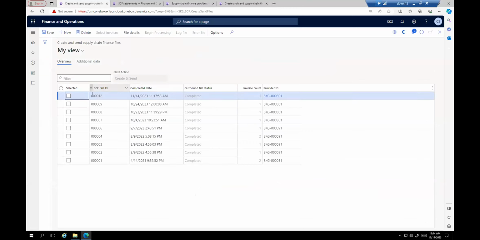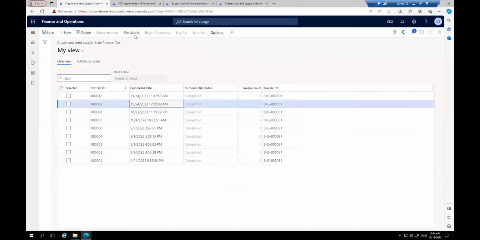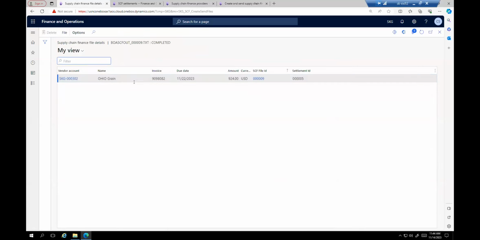We go through this create and send. If you're familiar with any of the EFT products that we talked about last week, they all have a very similar create and send process. This is doing the same thing. It's creating this file and sending it out. So if we look in the file details, these just have a single payment in it, but the file gets sent to the vendor or to the provider, and they let us know again if all is well, or they'll send us acknowledgement back if something is not good.